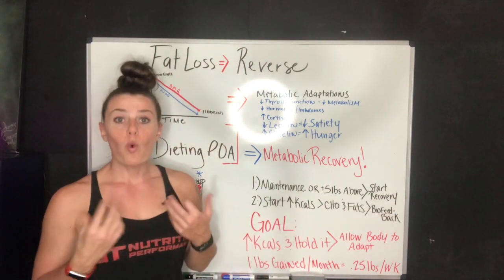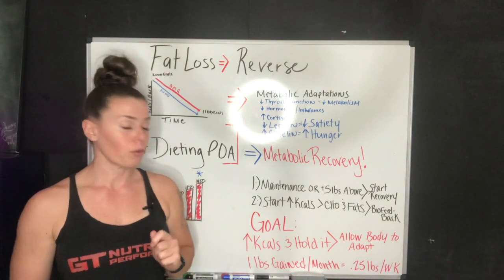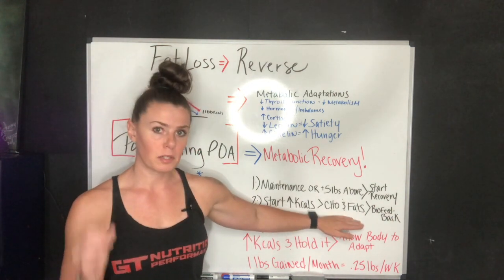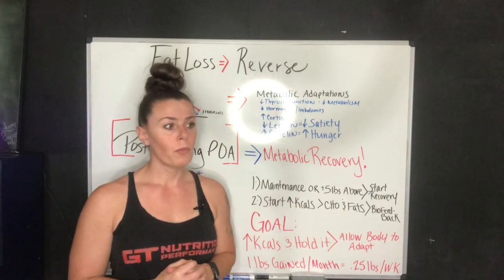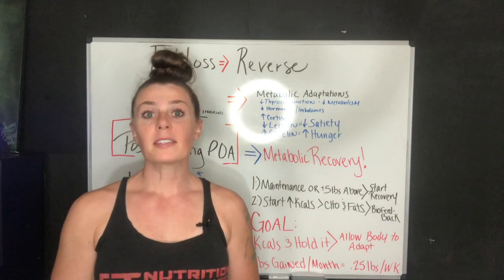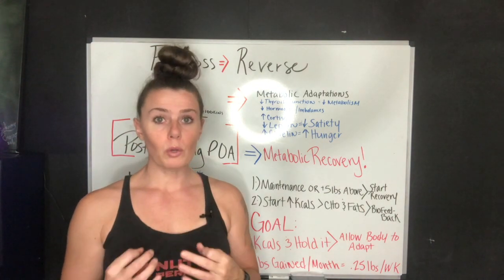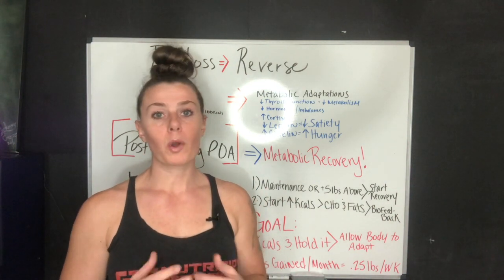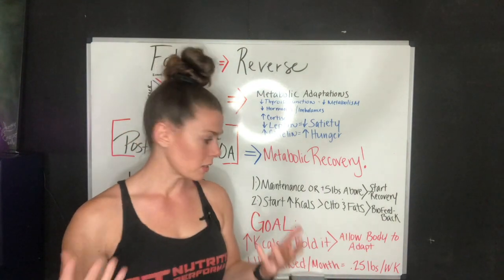Now with time, when you feel like you're in a good place and you're ready to push calories a little bit further, start increasing calories by increasing carbs and fats specifically. And you want to go off of your biofeedback with this: your measurements, your weight, progress pictures, things like that. How are you feeling? How are your hunger levels? Those are really going to be the cues that you need to increase your calories, which should only be coming from carbs and fats, because protein should always remain constant during this time.